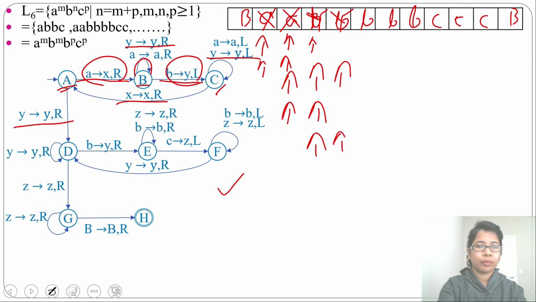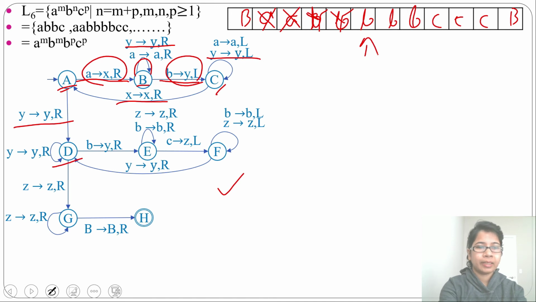There may be more Y, so for that we'll simply skip: Y will be Y and it will move right. Now we are at state D and it will see b. When the input alphabet is b, b will simply be changed to Y and it will move right. There may be more b, so for b we'll simply skip and move right. Then when it sees c, c will be changed to Z and it will move